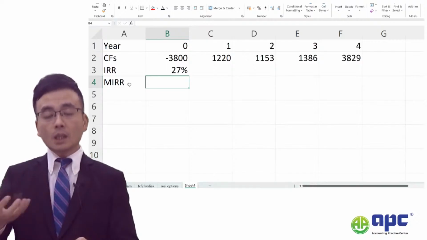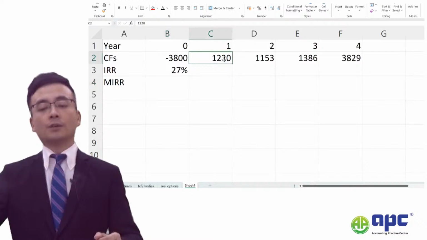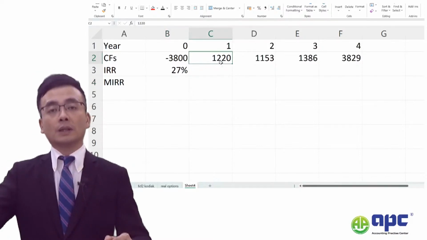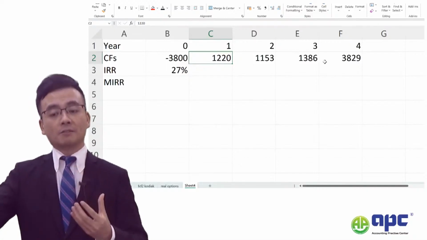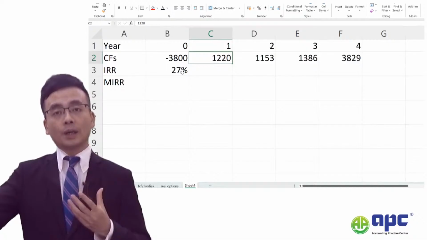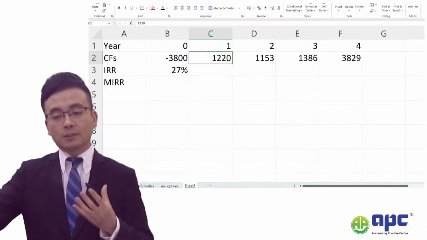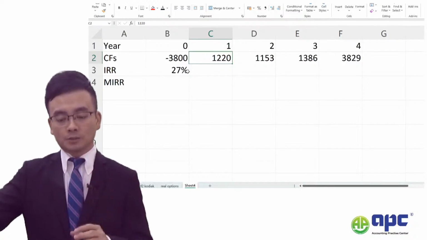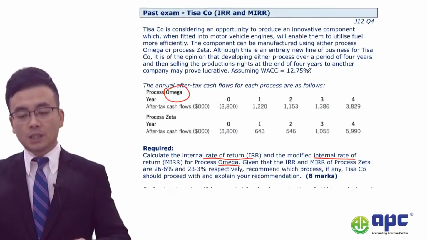of the subsequent cash flow. So for example, if I were to earn 1,220 in the first year, I would like to reinvest that money into the subsequent years. That's called the compounding effect, but not at 27% as the reinvestment rate, but the reinvestment rate will be based on the cost of capital. Now, in this case, the cost of capital here is